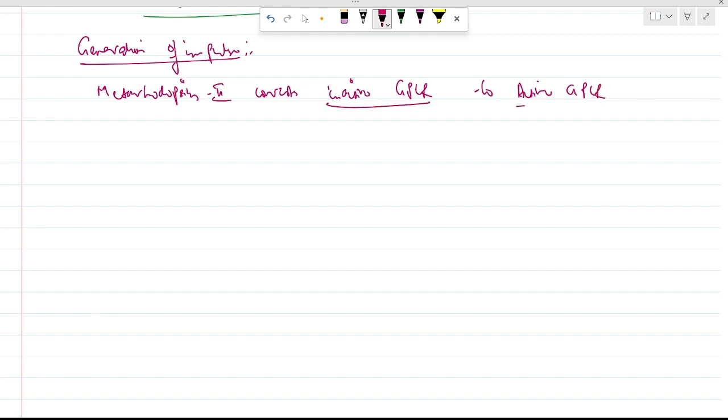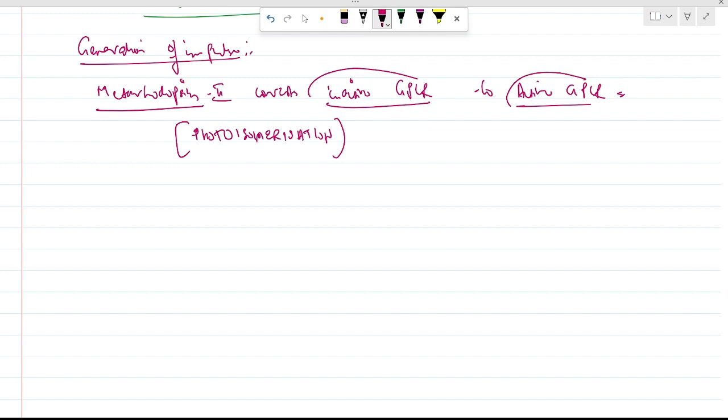This whole important process is known as, remember, photoisomerization. Conversion of inactive GPCR to active GPCR by meta-rhodopsin 2,